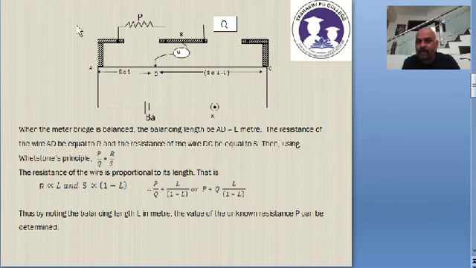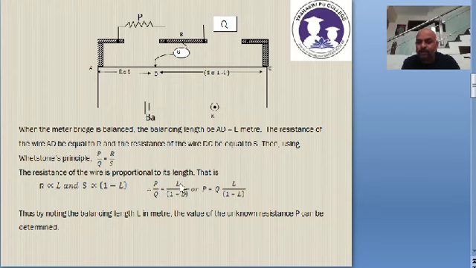We have got 4 resistors here, P, Q, R, S. And when the bridge is balanced, P by Q is equal to R by S. But R is proportional to L and S is proportional to 1 minus L. You will take 1 minus L if the length is considered in meters, or else you will take it as 100 minus L. Or if you want to write in full, R is equal to rho L divided by A, and S is equal to rho (1 minus L) divided by A. Here rho and A will cancel when you take the ratio.